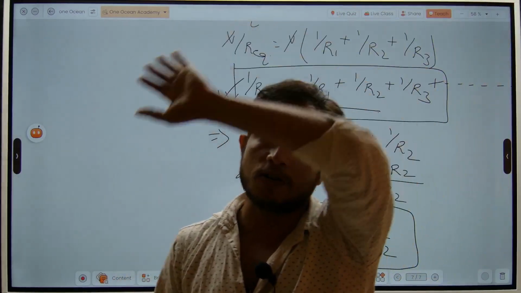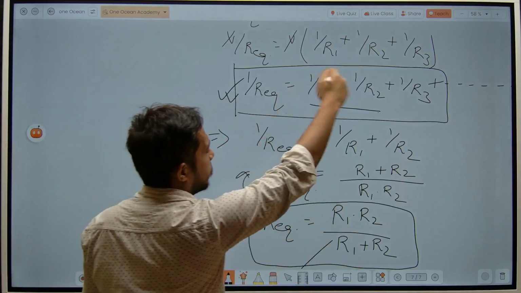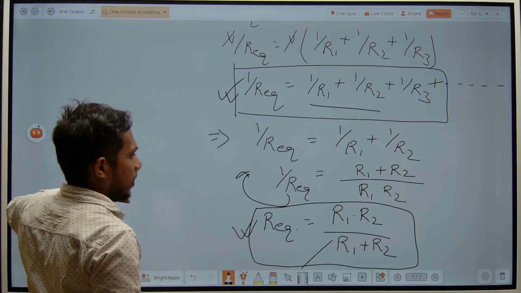Okay. Where n is the what? Number of the resistors connected here. Okay. Now, so